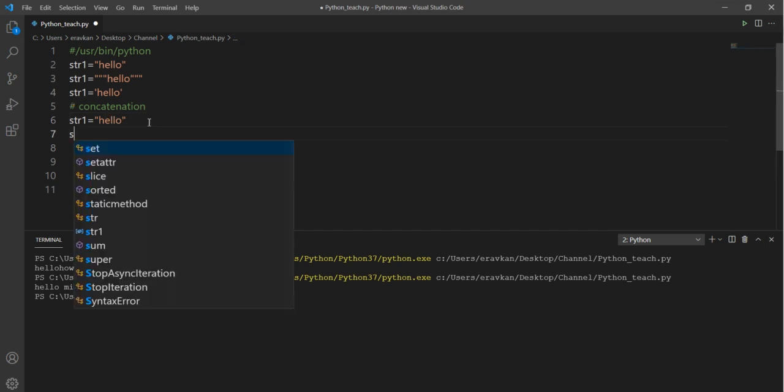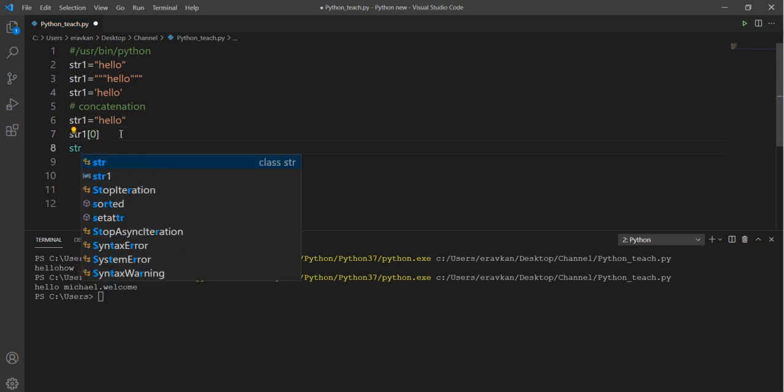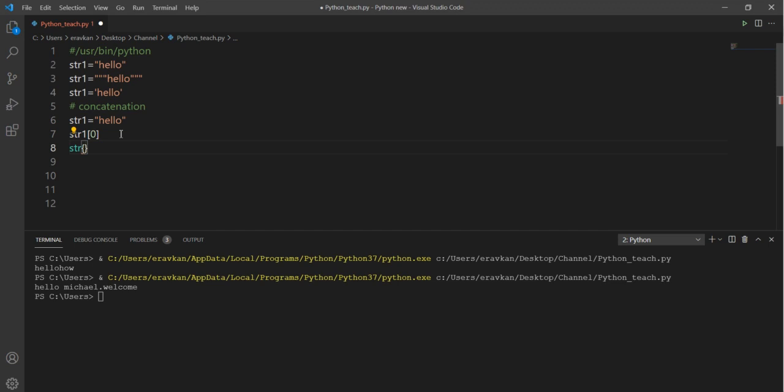Suppose I want to print the 0th position, H will be printed. And if I want to print the character at index 4, that will be at the 5th position. Okay, so this is indexing. You can access the individual characters of a string.